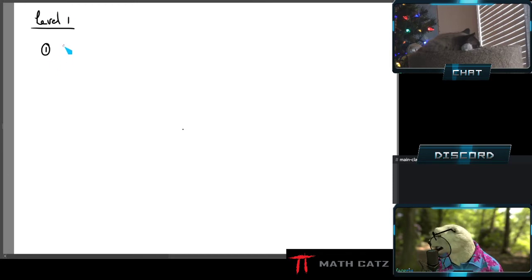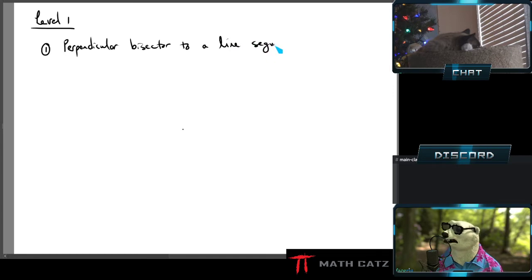The first one is draw a perpendicular bisector to a line segment. Now, because we're doing things a little bit differently using GeoGebra,